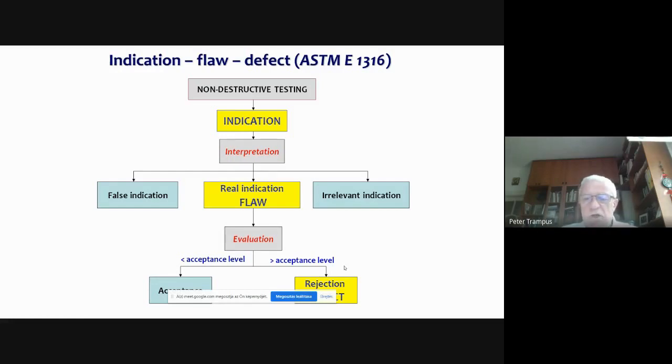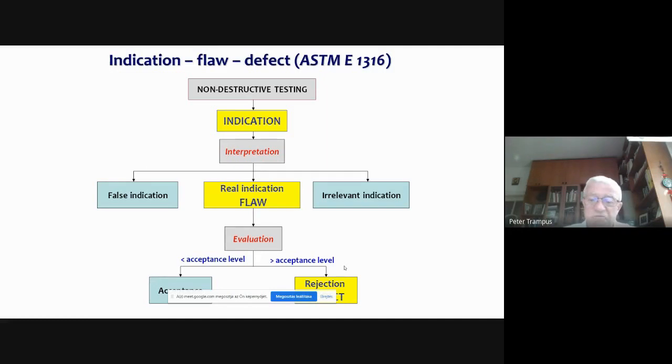Evaluation is usually completed on the basis of standards, codes, or any other agreements, but basically standards where acceptance levels are defined. And if the flaw size exceeds the acceptance level, then it has to be rejected, and then it